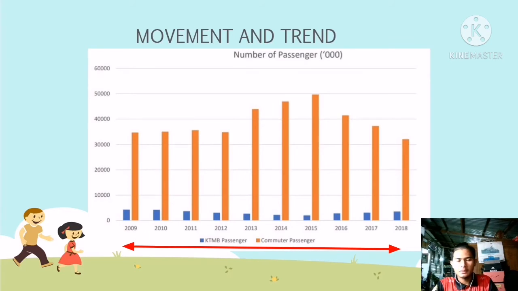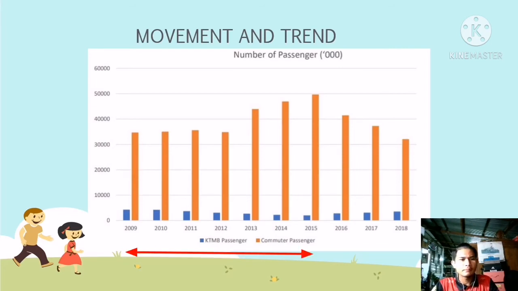For the KTMB passengers, the number of passengers for KTMB remained constant in the range of 2 million to 4 million 300,000 from 2009 to 2018. After that, the number of passengers for KTMB fell steadily from 4 million 267,000 in 2009 to 2,015,000 in